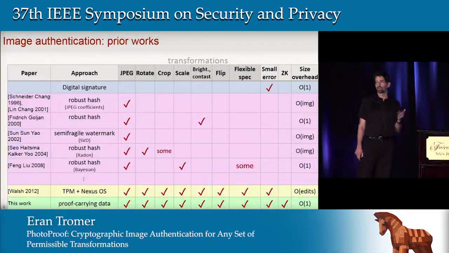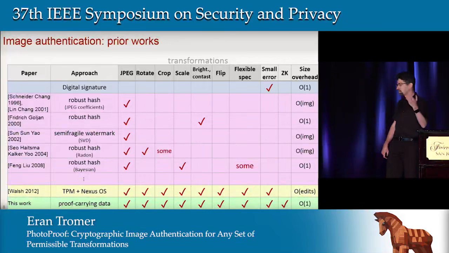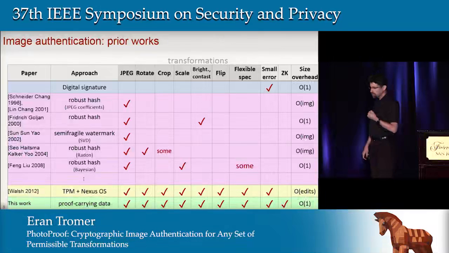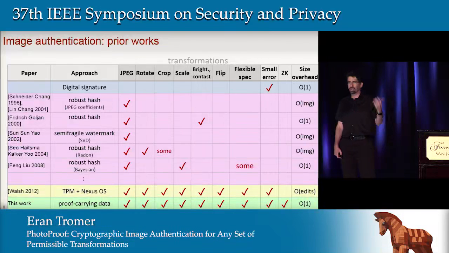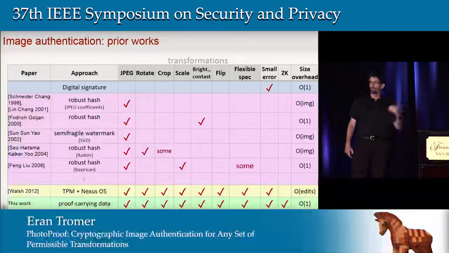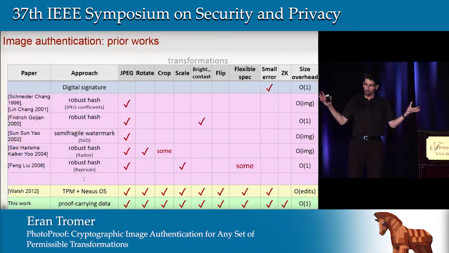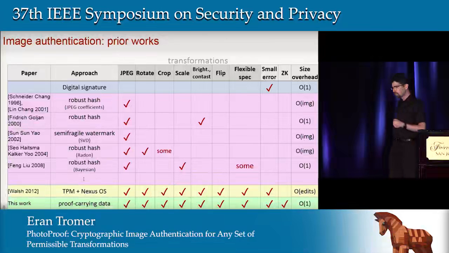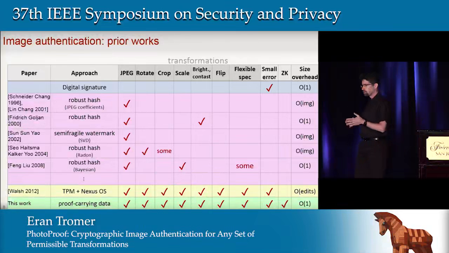So for example, if we want an image to be rotatable, the rotations are in the class of permissible transformations, then on the camera, we would compute the radon transform of the image, which is invariant to rotations. We sign that, and everyone who wants to verify would compute the same transform and compare that to the signature. If we want to allow a bit of noise or JPEG artifacts, let's just downscale the image and so forth. The problem with all of these approaches is that they are very specific to the transformations